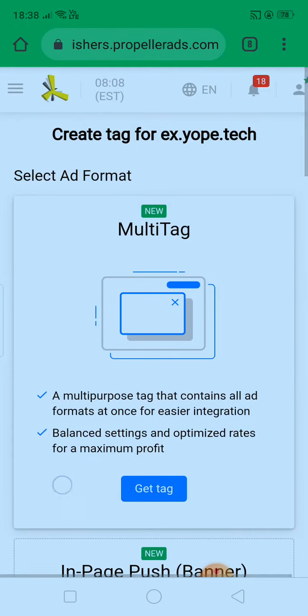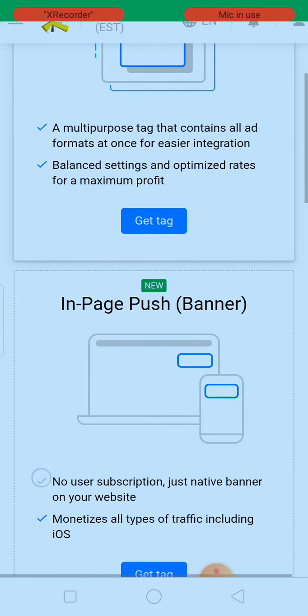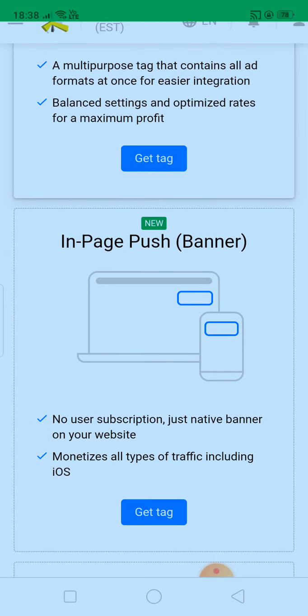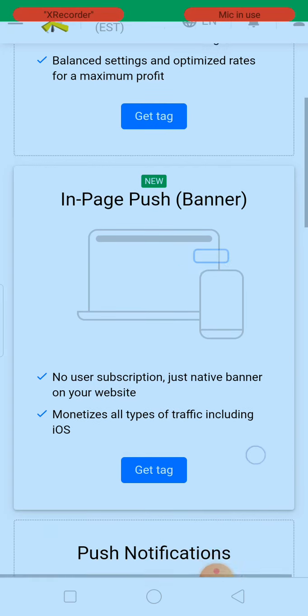In-page push means if someone visits your page, then the ad will appear on the page. You're watching the ad screen, it is more horizontal than vertical, so the ad format will be this one.